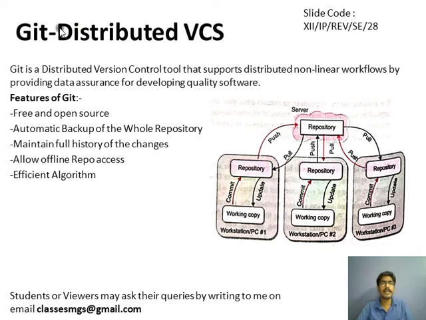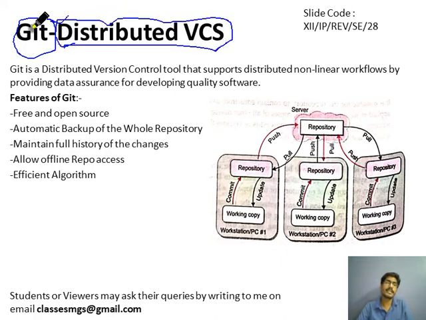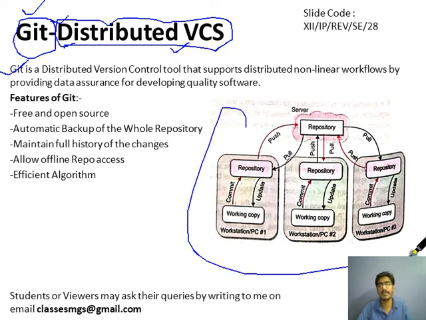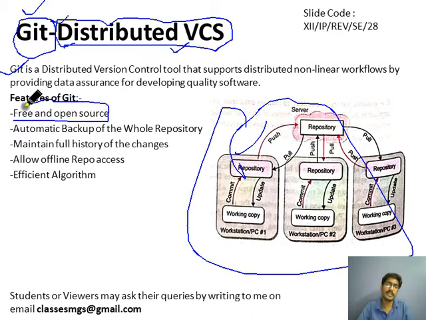Now we will see one example. Sometimes a question may be asked: write a short note on Git. The example of a distributed version control system is Git. It is software that supports the distributed version control system, and you need to write like this. It works on the model that I have explained already. It is free and open source. There is no cost; you need not pay to download Git, and you can directly download it from the git website, and you can also modify its source code because it is open source.